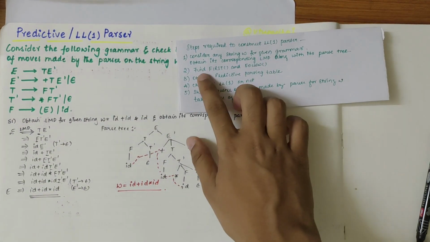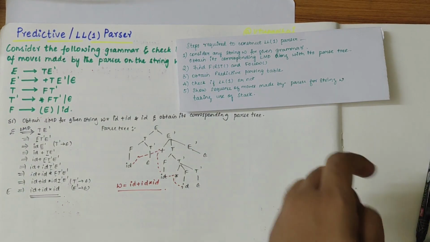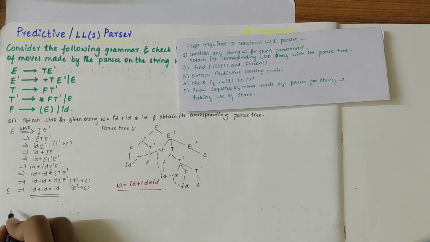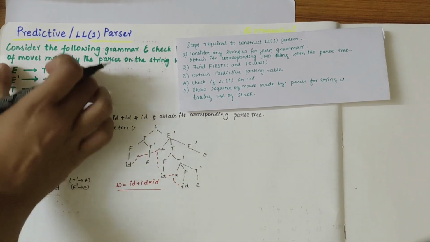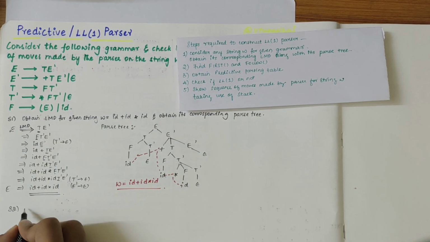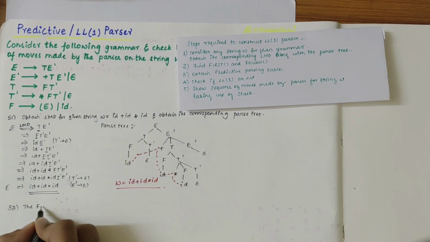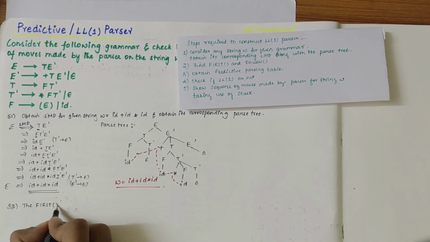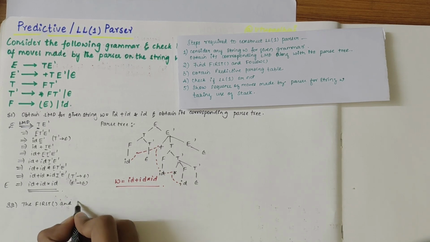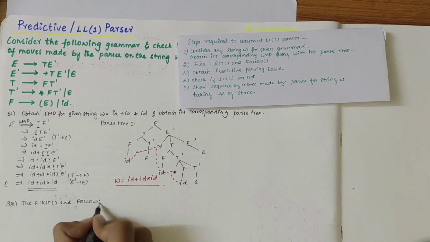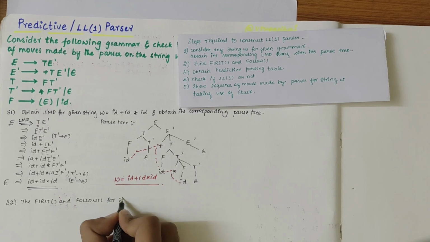Our second step is to find the first and follow. So in my previous video I have explained how to find the first and follow of the same set of productions. So do refer that video. Here I'll be writing the first and follow directly. The first and follow for given grammar is,